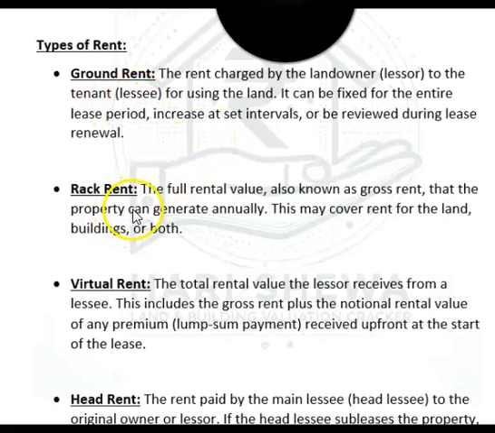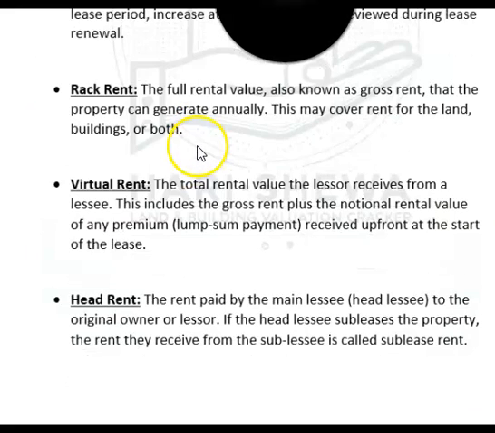Rack rent: the full rental value, also known as gross rent, that the property generates annually. This may cover rent for the land, building, or both. Land, building, or both rent is called a rack rent. Mutual rent: the total rental value the lessor receives from a lessee. This includes gross rent plus the notional rental value of any premium received upfront at the start of the